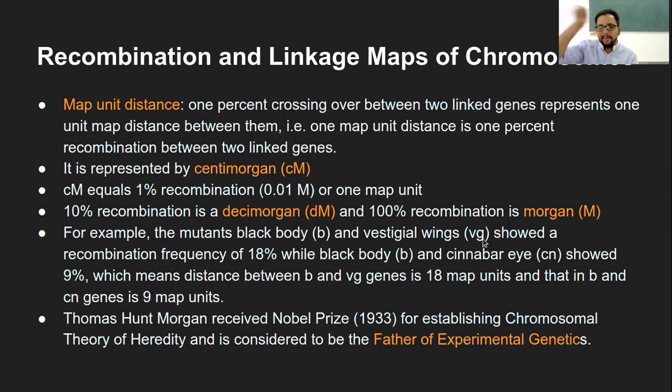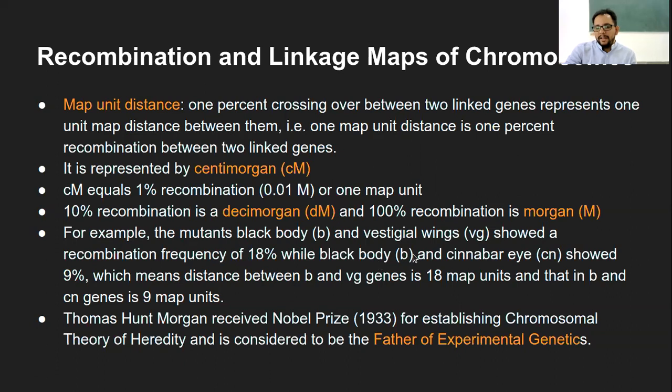So this is ultimately the same. If you know the dihybrid cross gamete formation in the F1 generation, you have all the possibilities: black body with vestigial wing, black body with long wings, gray body with vestigial wings, and gray body with long wings. So four combinations. So depending on the alleles present on the homologous pair of this chromosome, the chance of this chromosome exchanging with that other allelic chromosome will be 18%.